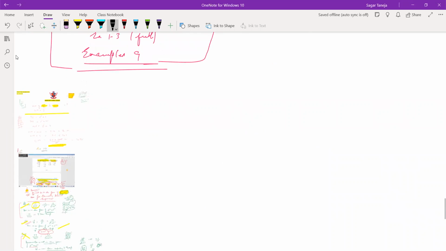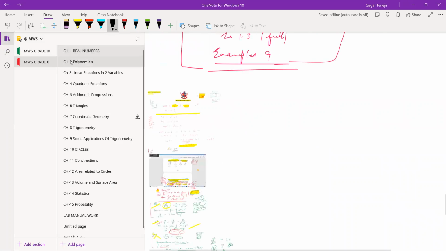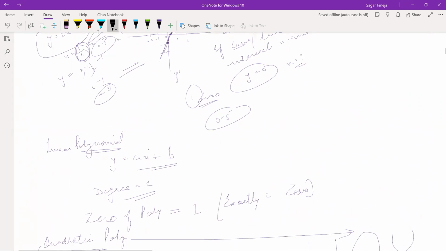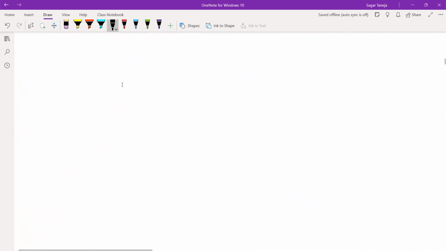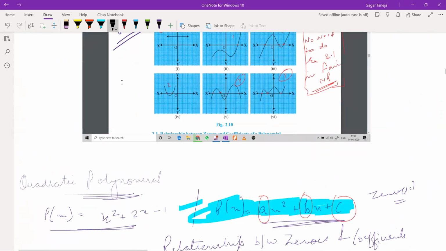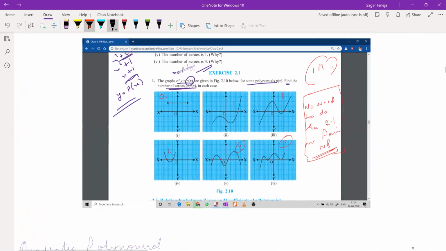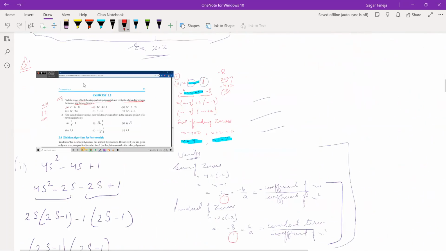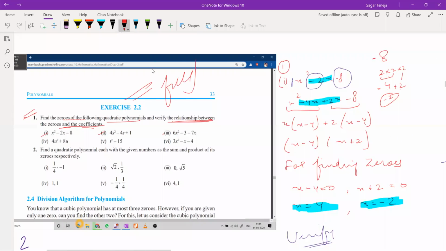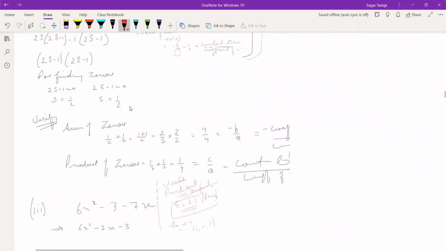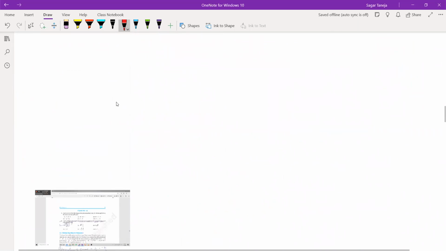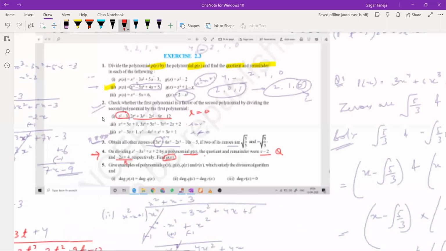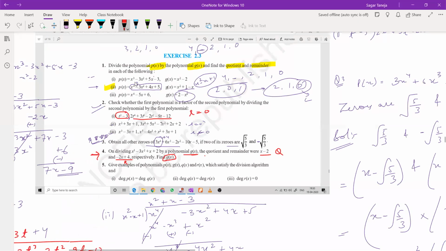And let me tell you what you have to do in chapter number 2. Actually, in chapter number 2, there are many things that have been cut. So only the first exercise you have to focus on. See, first you have to do this one, and after that this exercise also in full, do it, and after this 2.3. In 2.3,